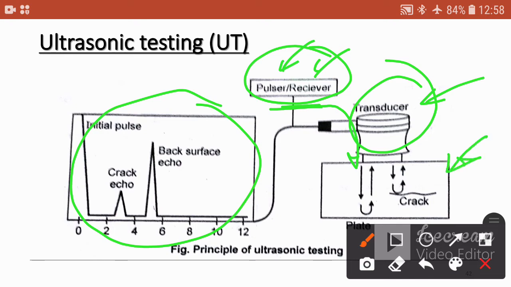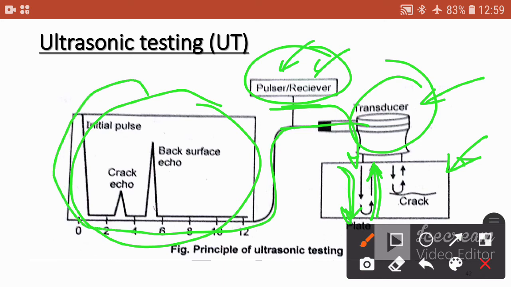When pulses go from here and touch the end, it will repeat its pattern, and again the transducer receives the signal. Means first the signal is transmitted through the material, then again it is received, okay, and goes to the receiver, and here you can see some result, back surface echo.